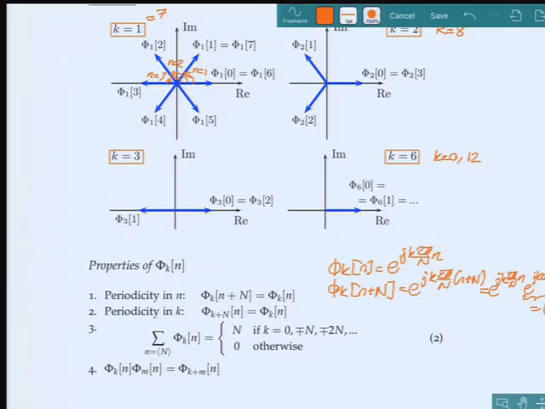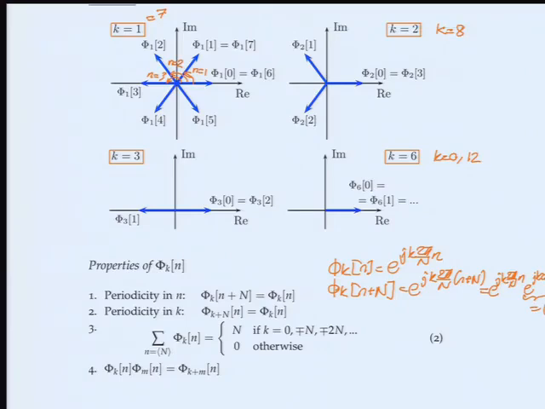The second property we already observed is that these are also periodic in the index k. So I don't need 7, 8 functions if n is equal to 6. I just need 6 of them. So if I advance the index by n, I recover the same exact function. The third property says that these functions phi sub k almost always have an average of 0. Look at the one on the left top. If I add those 6 arrows, what do I get? They sum to 0.